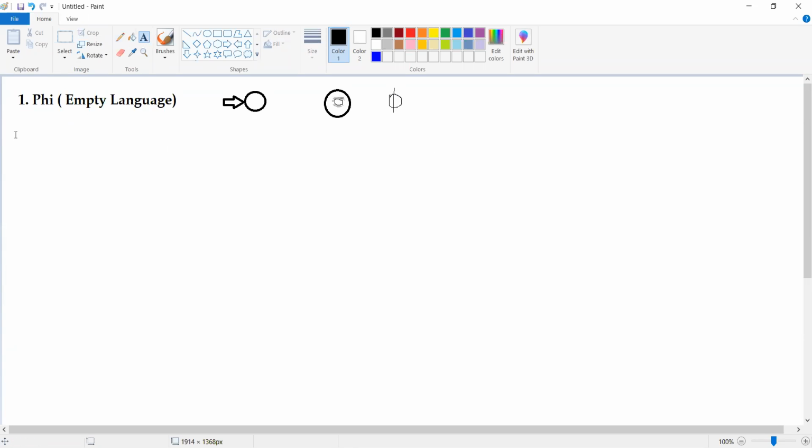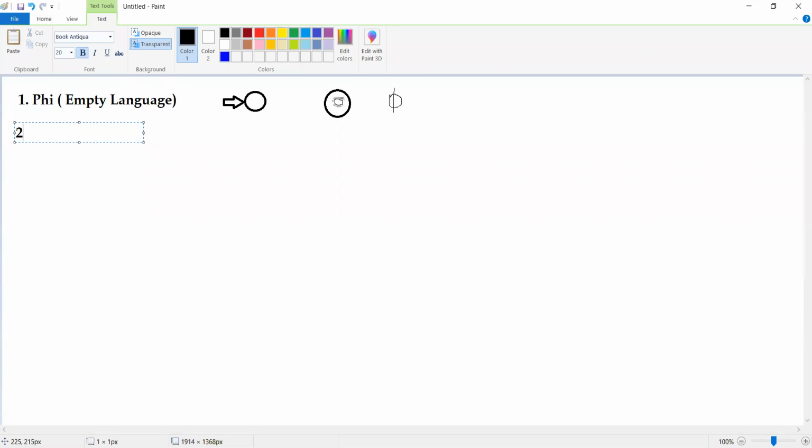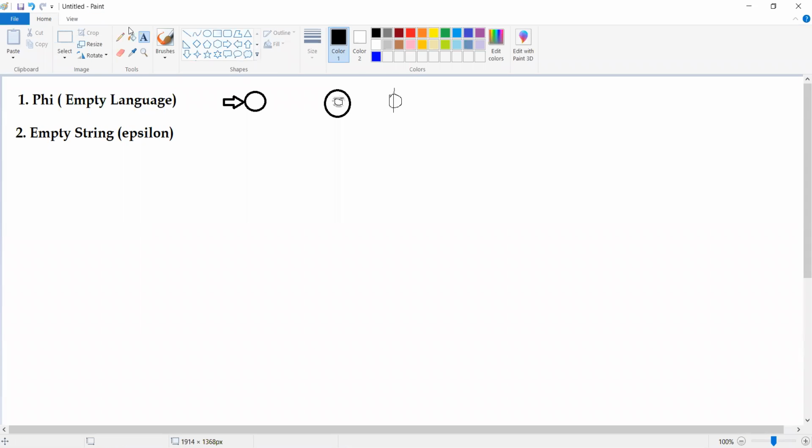And then we have the second one, which is nothing but the empty string. So what is the empty string? The empty string is nothing but epsilon. How do you represent epsilon? The representation of epsilon is very simple. Whenever you have epsilon, take some initial state and take some final state.